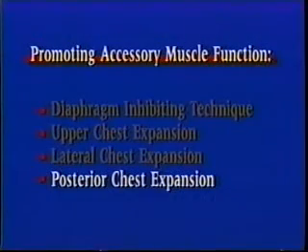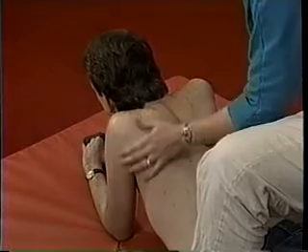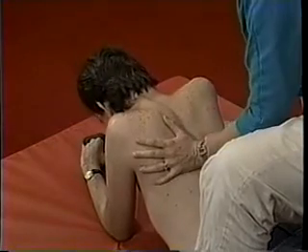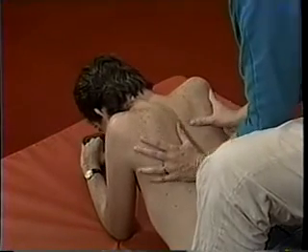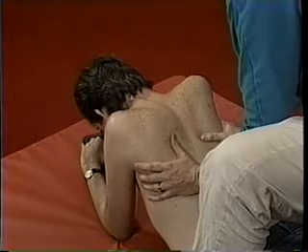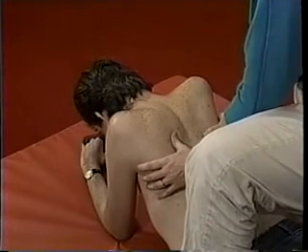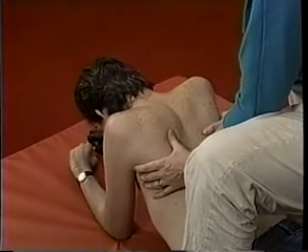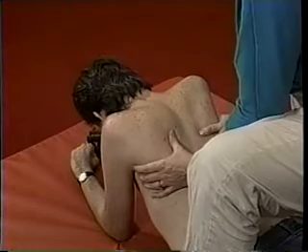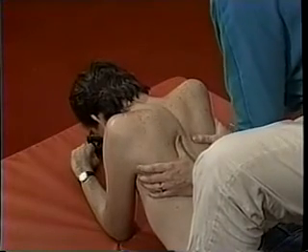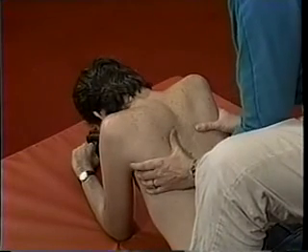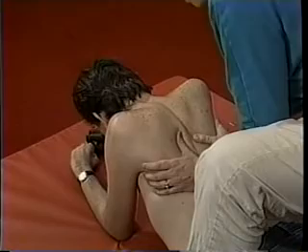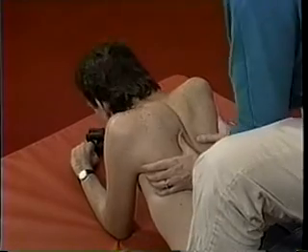A fourth and final technique in this group encourages posterior chest expansion and is performed in the prone on elbows position. Dana, with this technique, I want you to think of breathing in towards your back. You're going to really fill up your lungs on your back. We're going to ask you to do a push-up, give you a little bit of resistance as you come up. Take a deep breath in, and as you come down, blow the air out. Ready? Take an easy breath in first to get started. Blow it out. Now take a deep breath in,